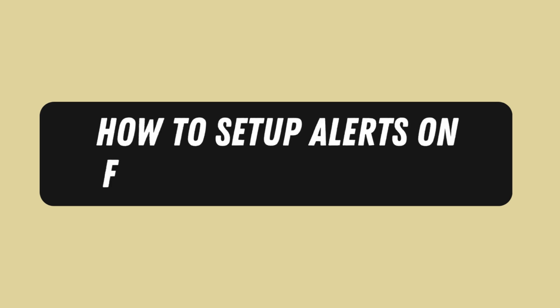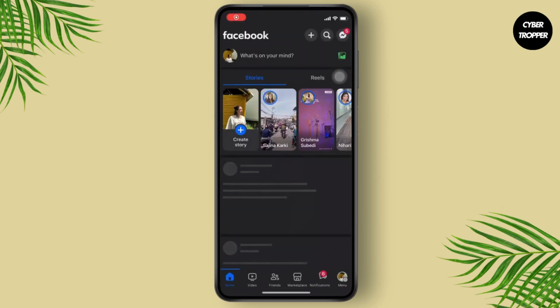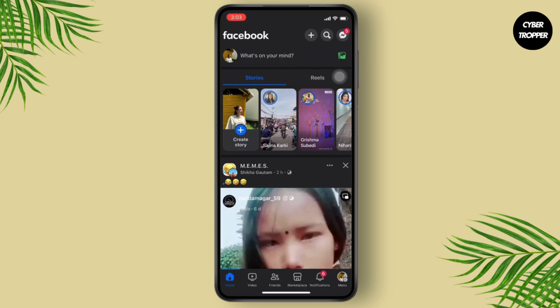How to set up alerts in Facebook Marketplace. So what we'll simply do is open our Facebook and we can click on our menu, which is on the bottom